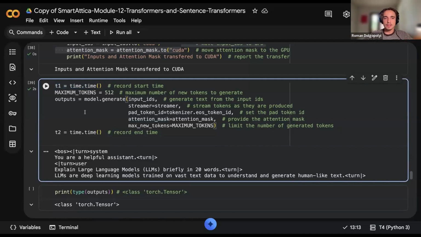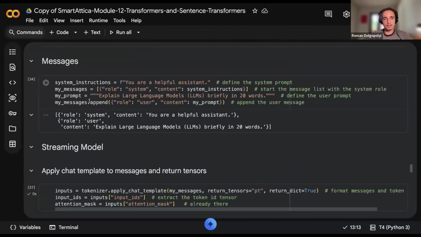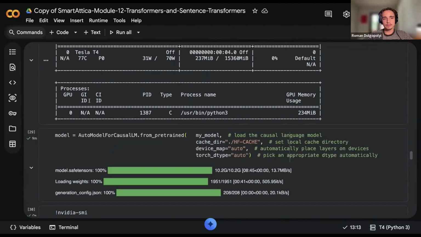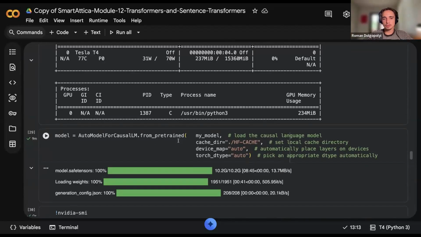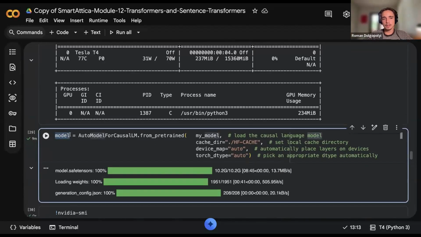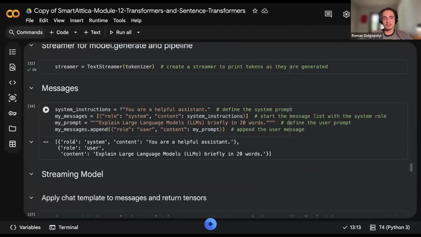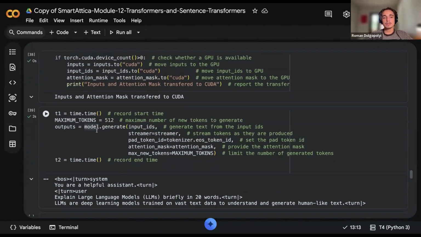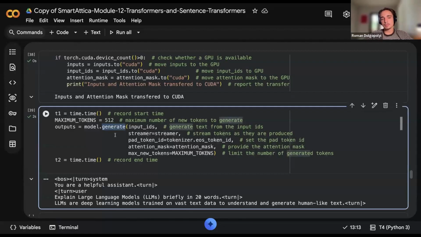But the next is really important. Here we define again the maximum amount of tokens that we require for our generations, 512, which corresponds to the value in the model card. And we utilize the method generate on the model object. Again, I'm reminding you that we got the model object when we downloaded the model. So as we downloaded the model, all of the information went to this object we defined here. So now we are able to utilize on it the method generate